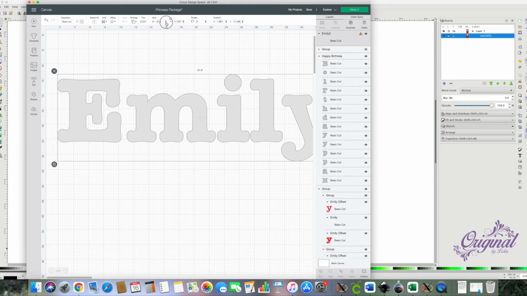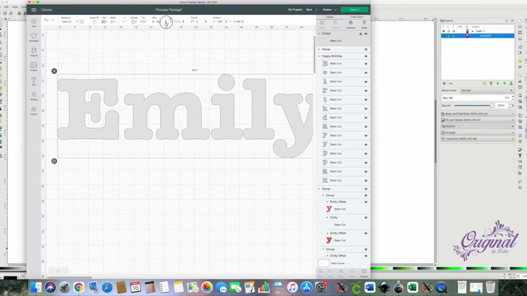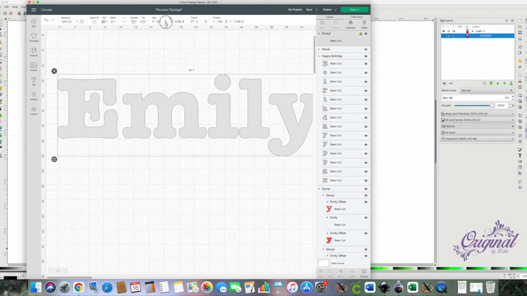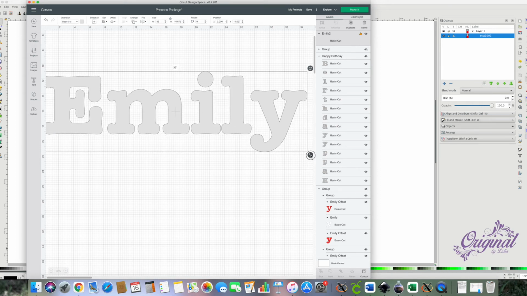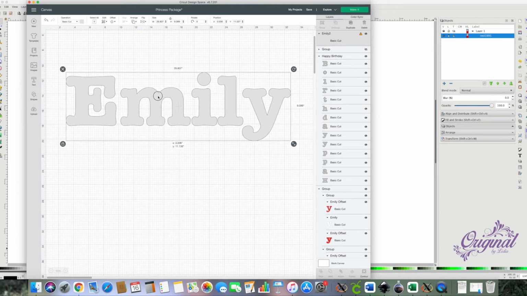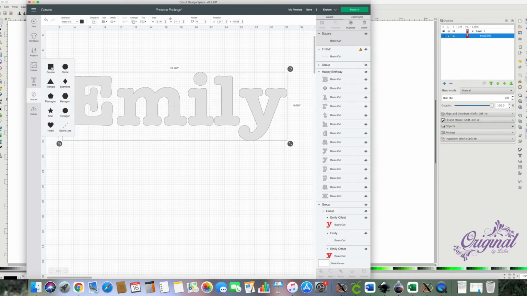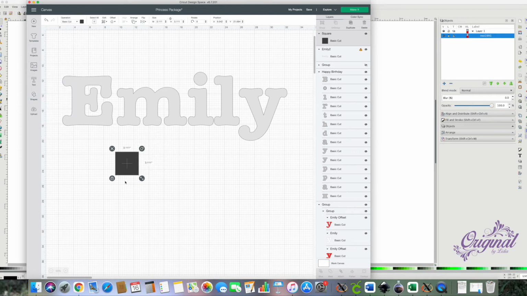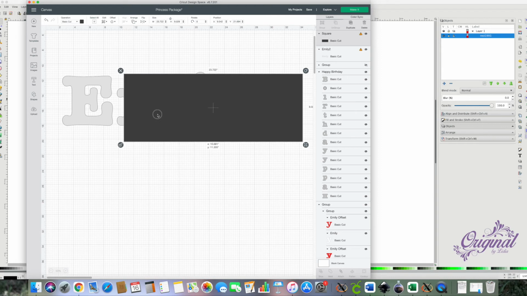You can resize, of course. And the name is attached, in case you want to detach each letter. So it's super easy. I'm going to make it a little bit smaller, and all you need to do is take one rectangle shape. Just resize it and cover